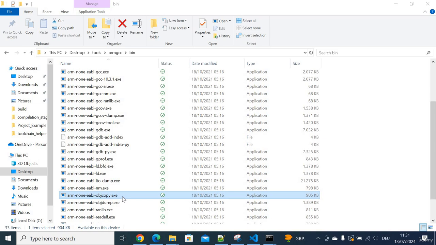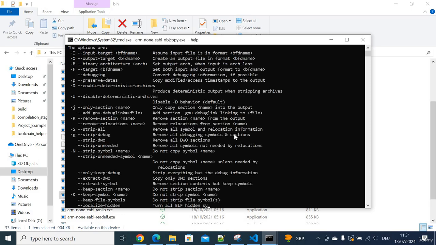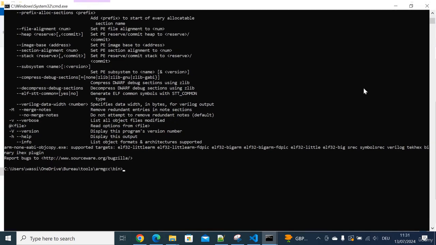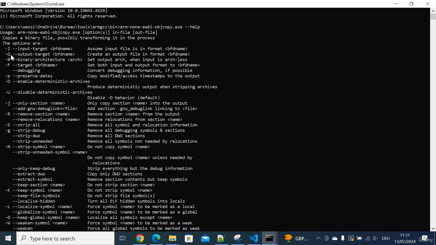First of all, we need to invoke this tool, of course, to see the different supported options, like we did for the other ones. So objcopy --help, and here we go. We have dozens of supported options. As we can see, this is the conversion one. This we have already tried, and we know how to invoke it to convert the .elf to another format